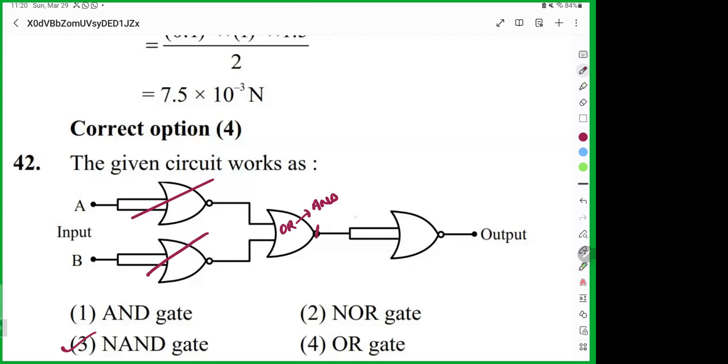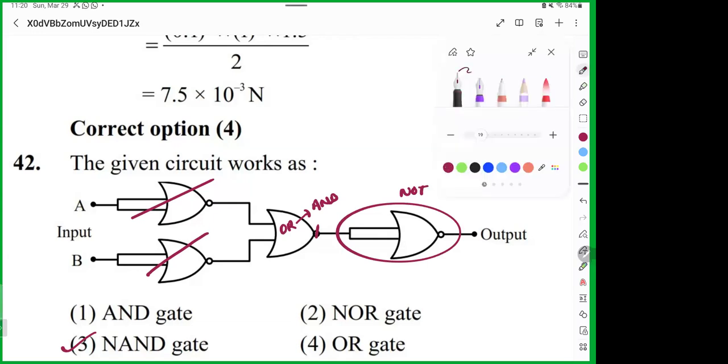And plus NOT is equal to NAND. Done. Second logical thing is if you use the Boolean expression,